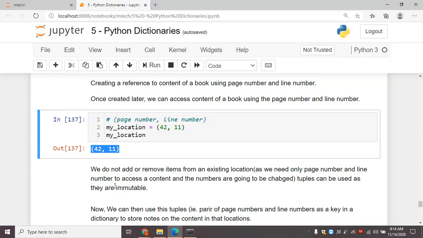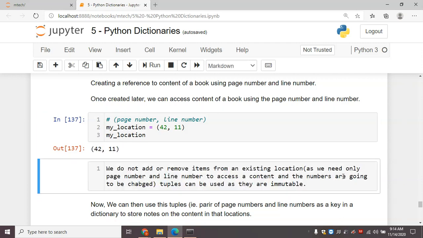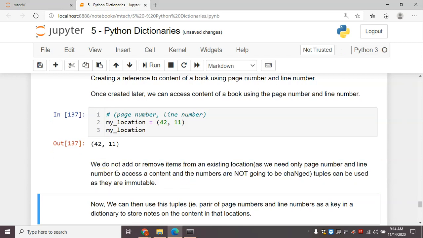So we need only page number and line number to access the content, and the numbers are not going to change. So we do not add or remove items from an existing location.